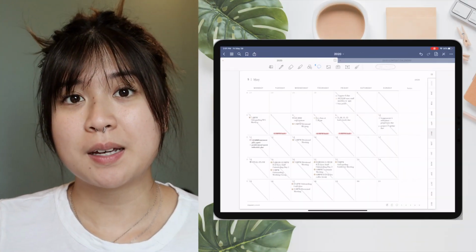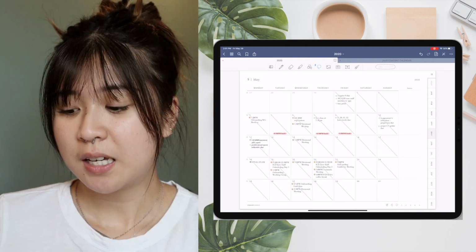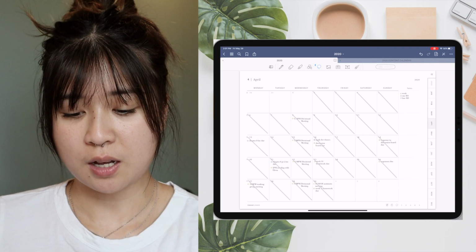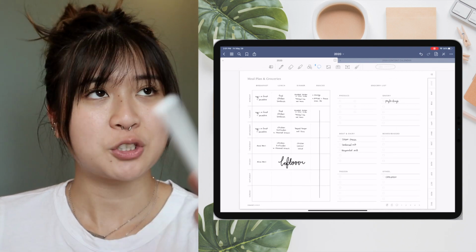So this is my May spread. I used it heavily this month. If you look back in April, let me show you guys, I didn't use it too much. I used the monthly spread a lot, but I really didn't use